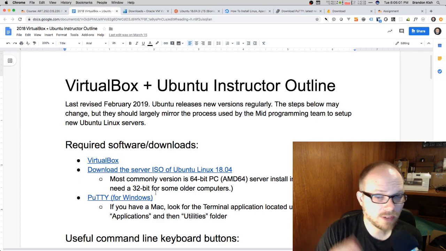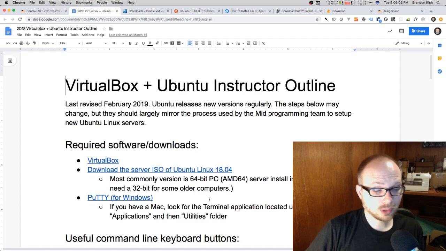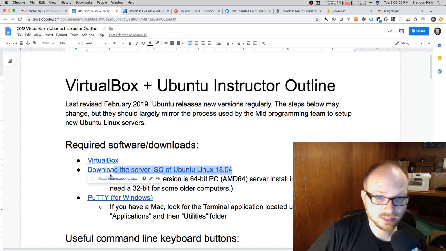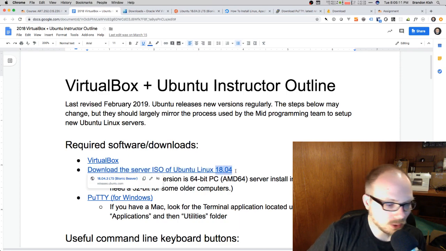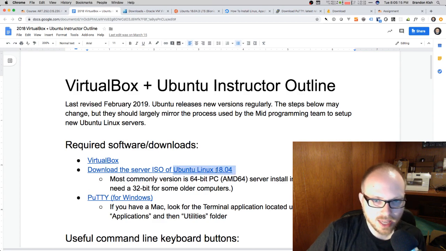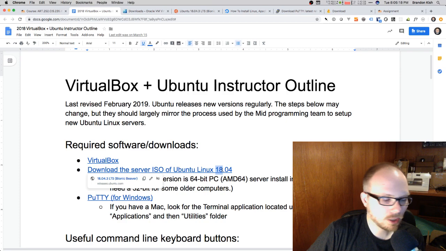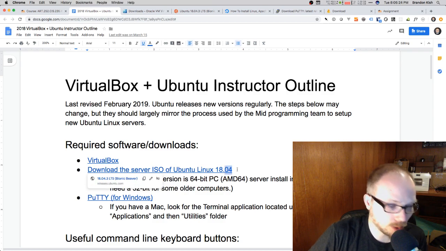Technology adapts so fast that this is actually the very first time that I've ever been able to teach this class with the exact same version of Linux from year to year. So the version of Linux that we're going to use tonight is made by Ubuntu, and it's version 18.04. The 18 comes from the year that it was released. So this version of Ubuntu originally came out in 2018, and it came out in April. So it is labeled